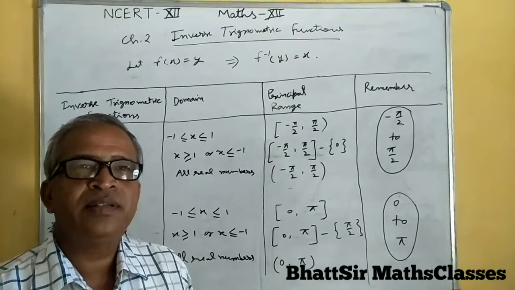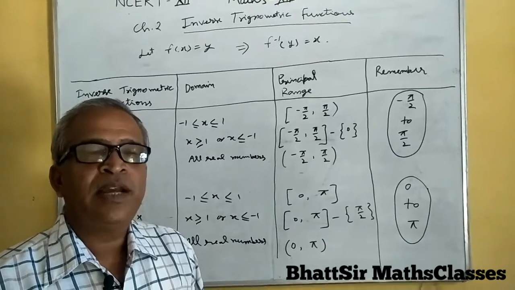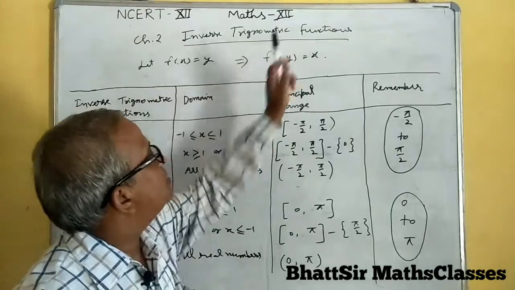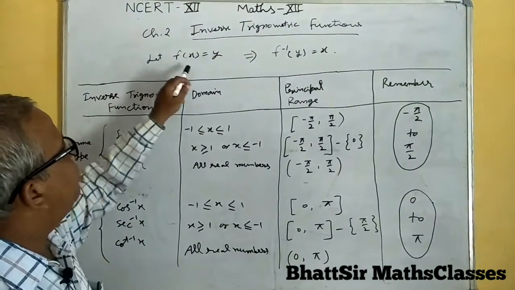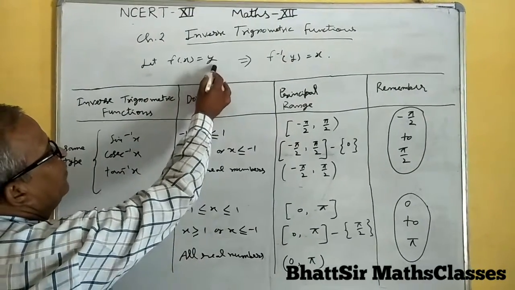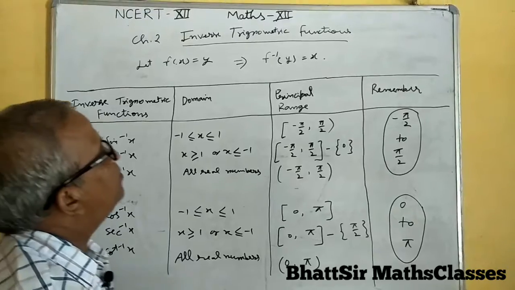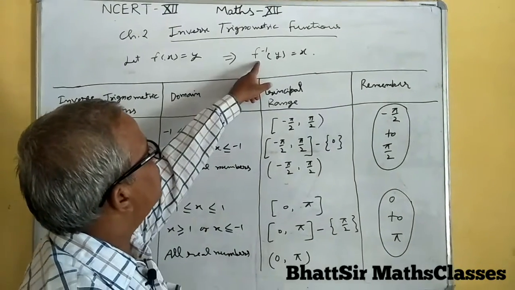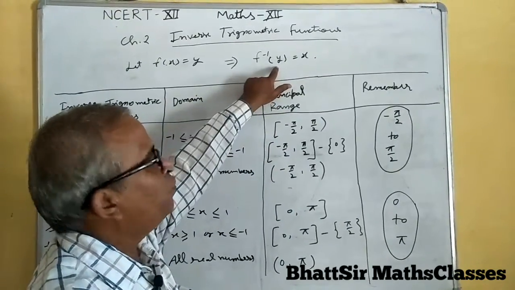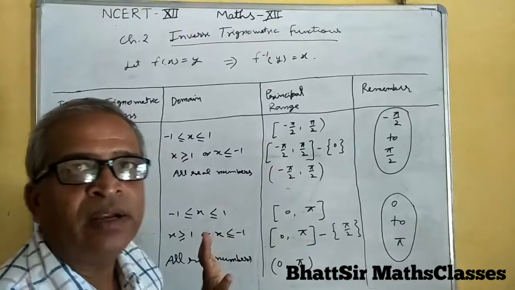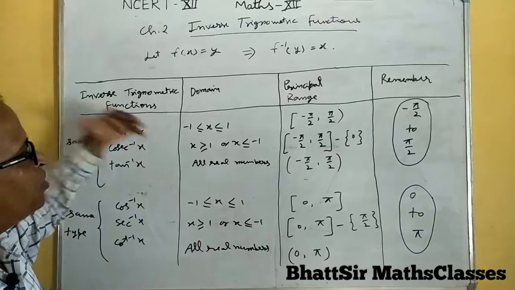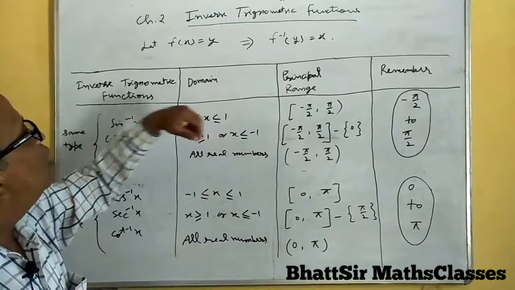Okay, dear friends, I am explaining chapter 2 from the NCERT book, inverse trigonometric functions. Now let f(x) equal y, where x is the domain and y is the range. So we can say the principal range of the inverse trigonometric function is f inverse y equal to x. Therefore, y is the range and x is the domain. So I am demonstrating the principal range of the